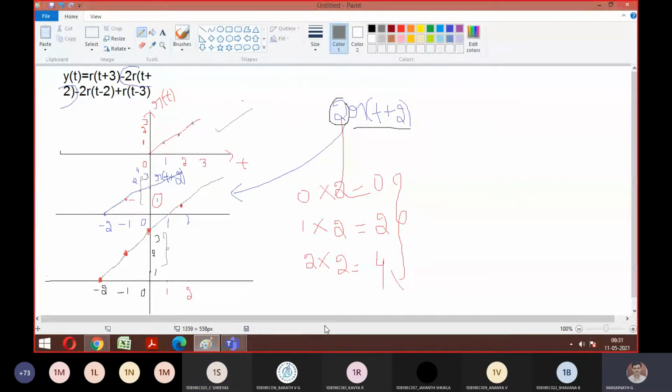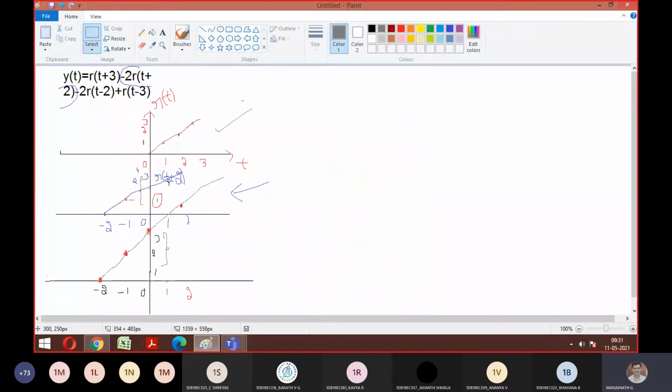Yeah. So now can we go ahead with this problem and solve it? I hope now you can continue. You got the idea of how to do it. This is the only thing you should remember. Like this you have to do it twice. One for t plus 2 is already done. Similarly you have to do it for t minus 2. Keep it constant in the same way. This is how your waveform will work.